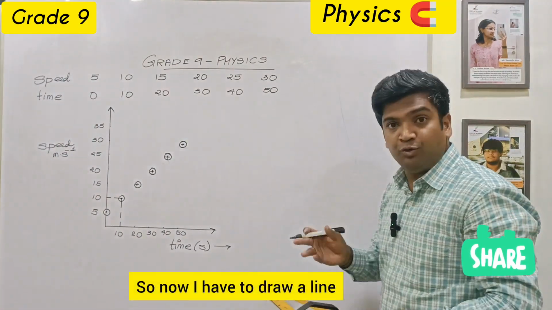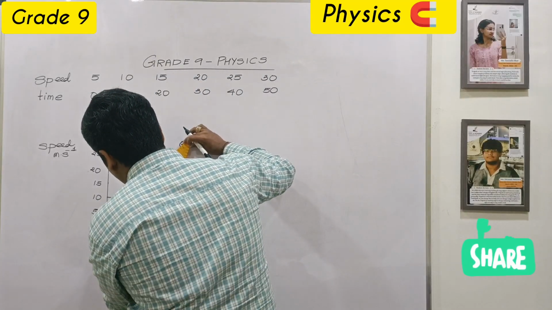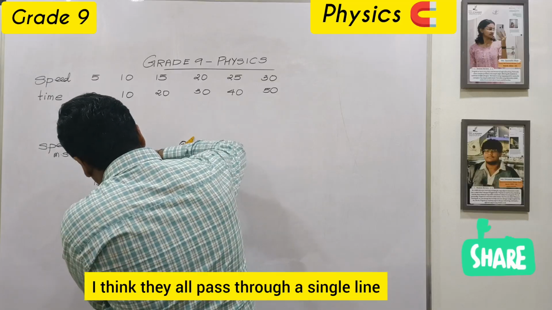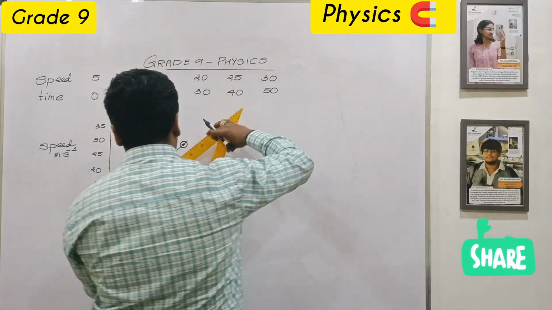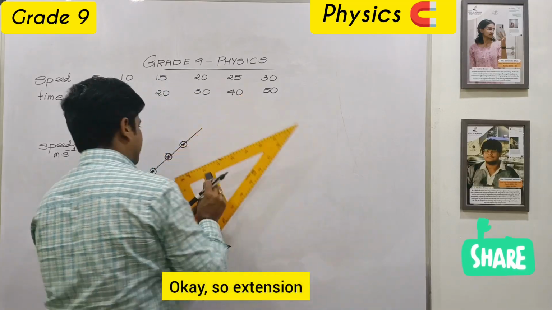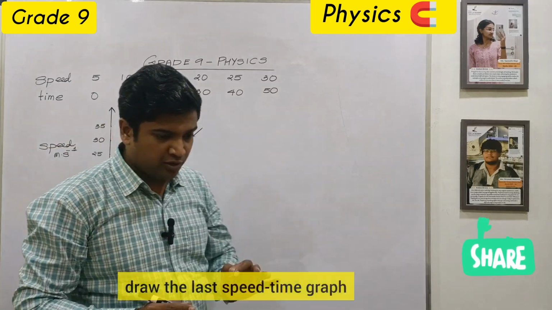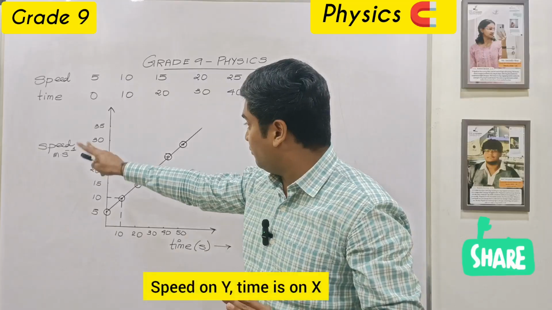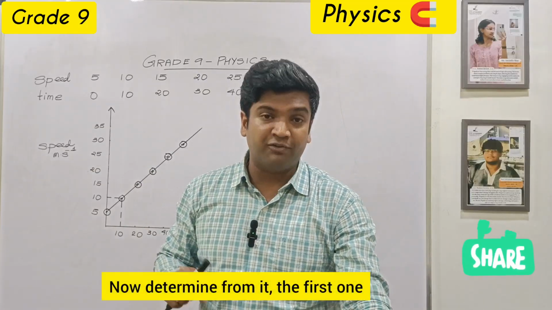Now I have to draw a line. If I connect all these points, I think they all pass through a single line, and that's a very good graph I have got. I'll extend it. So the first thing they asked, draw the speed-time graph, is done. The graph is ready, with speed on y and time on x. Now determine from it the first one,